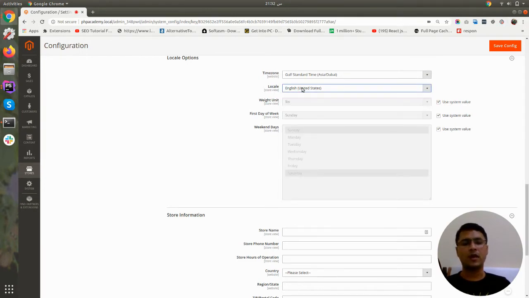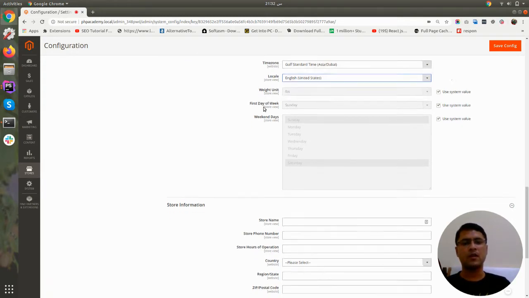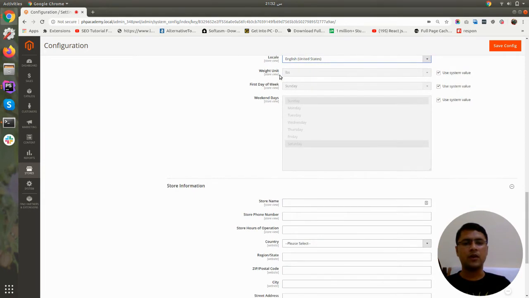So if you are working with multiple countries with multiple languages, which language should be the default, you can set it here. Your weight unit you can define here. The default is lbs, so if you want to change it, you can just uncheck it and change from lbs to kgs or whatever it is.